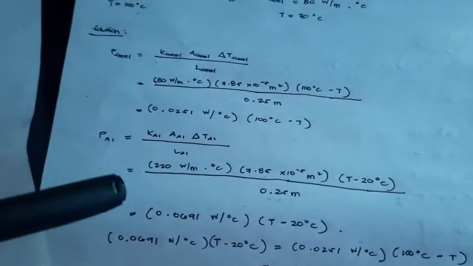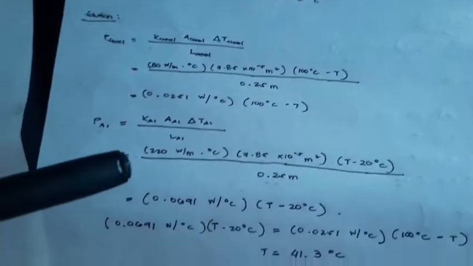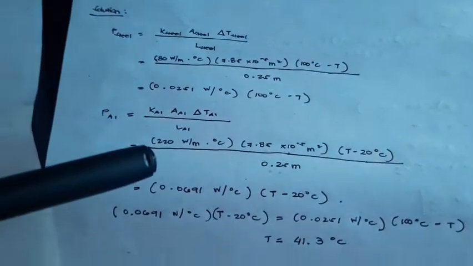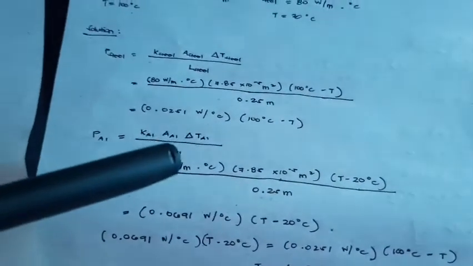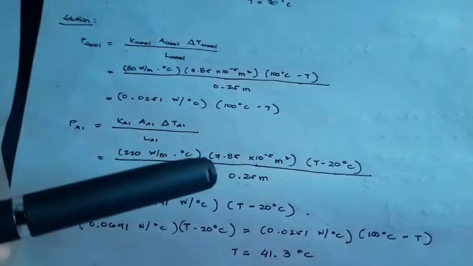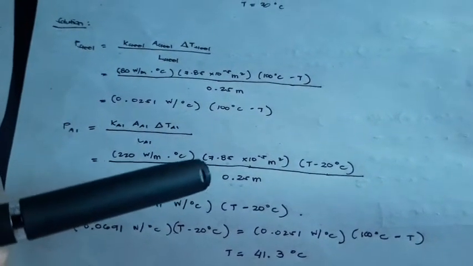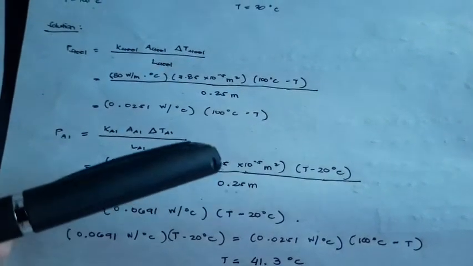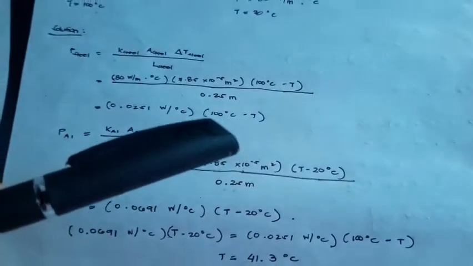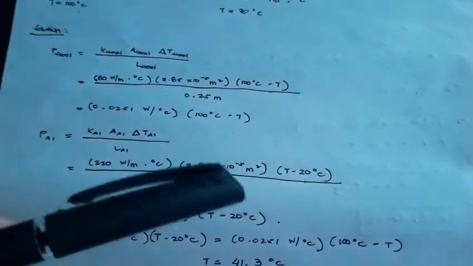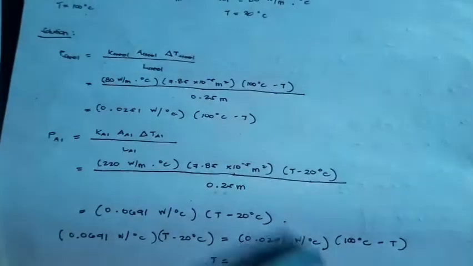So the thermal conductivity of aluminum is equal to 220 watts over meter times degree Celsius times the cross-sectional area, 7.85 times 10 raised to the negative 5 power meter squared, times T minus 20 degrees